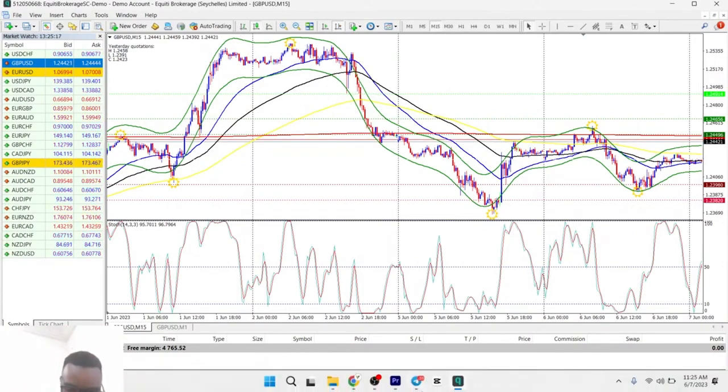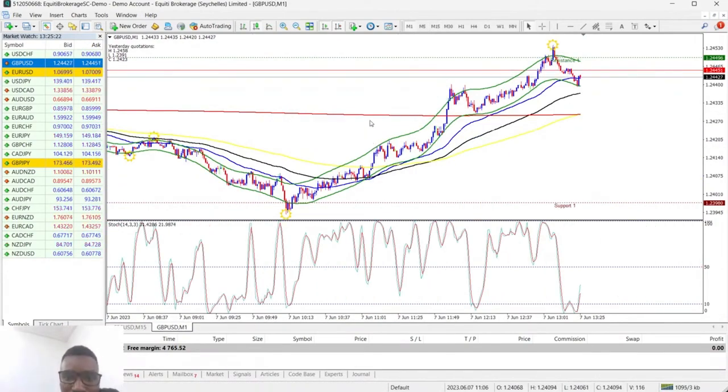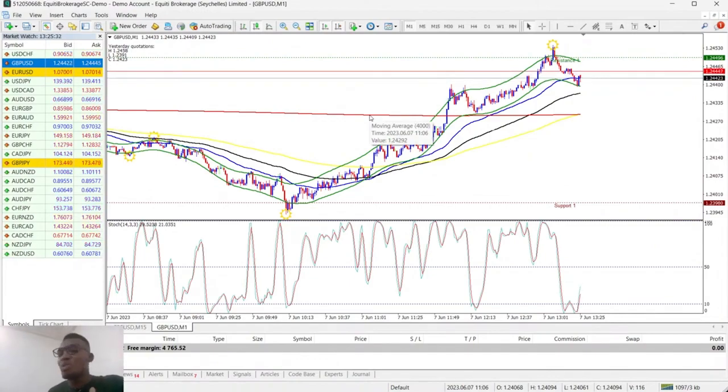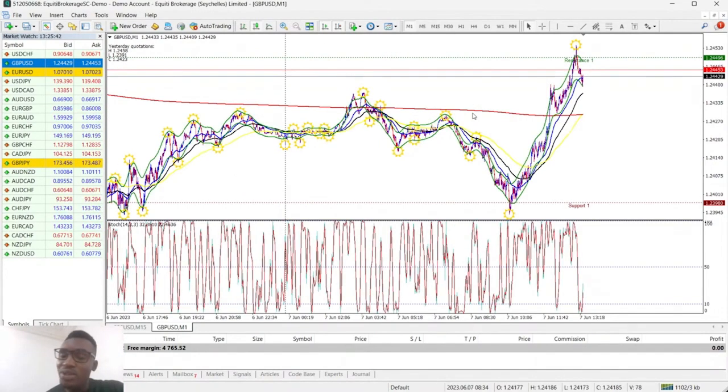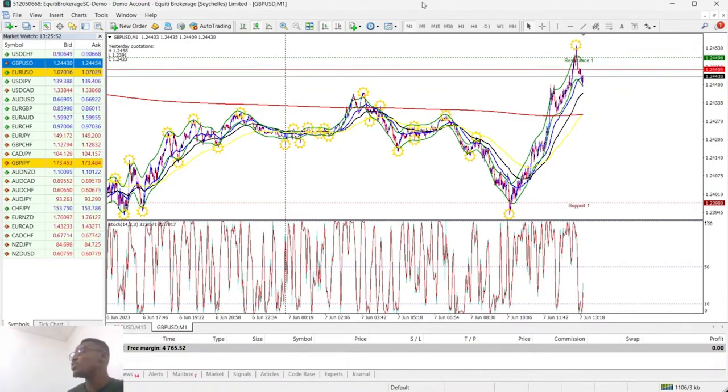Now we move to the 1 minute. And the 1 minute is here. To identify a trend, look at this, the 400 moving average. Let me move my cursor on it. You see, it takes longer to respond to price. And see how price was sloping. Let me zoom out. 4,000, sorry, I said 400. The 4,000 moving average on the 1 minute. Now, why is this so? Because some people would not like going to the 15 minutes to identify the trend, but you should. Now, the 4,000 moving average, when price